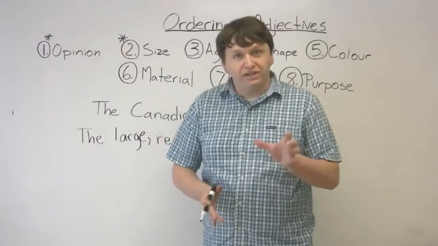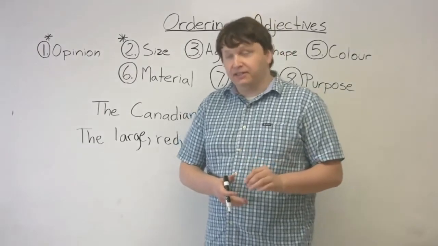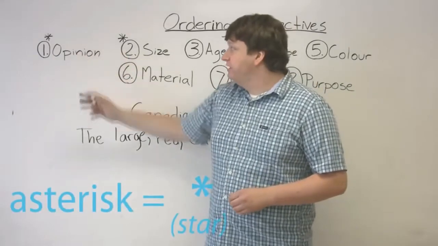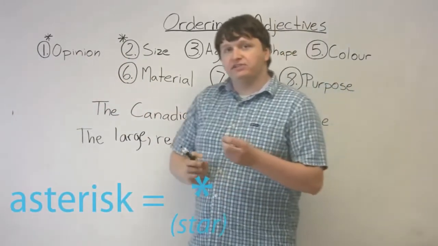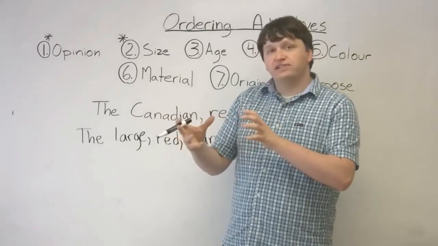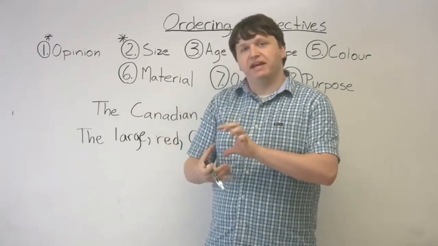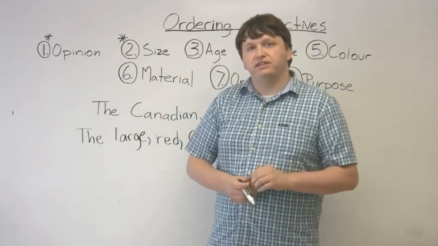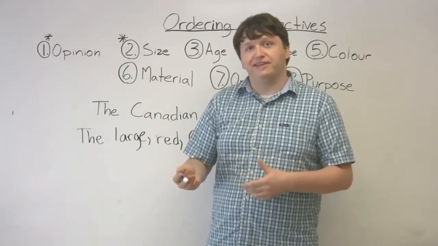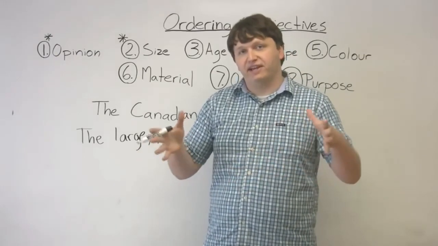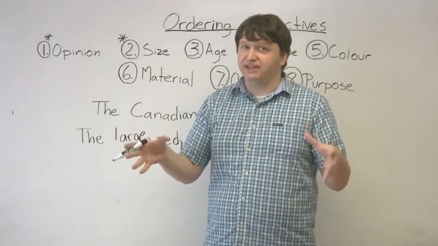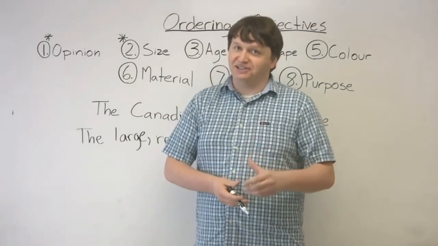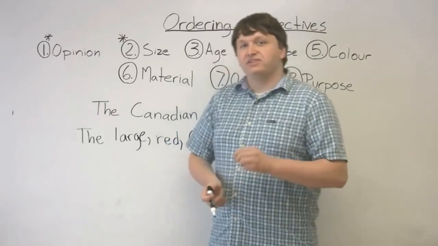Okay, now I want you to keep in mind that this is simply a guide. For instance, if you look at 1 and 2, I put an asterisk beside them, opinion and size. This is because you can actually play around with the size of something and with your opinion of something depending on which quality you want to emphasize. So for instance, if you see a big ugly car outside and you want to emphasize its size, you would say that is a big ugly car. If you want to emphasize its ugliness, you would say that is one ugly big car. Okay? So again, this is